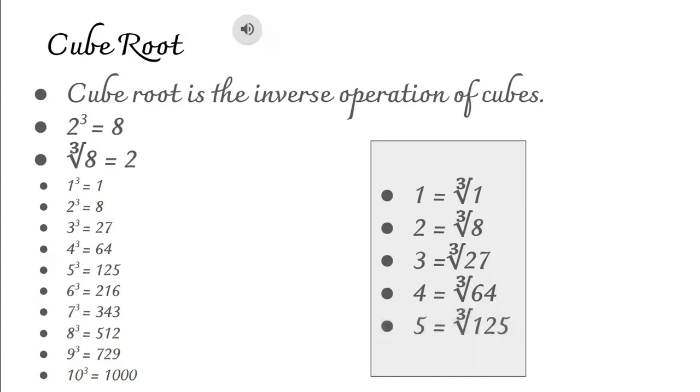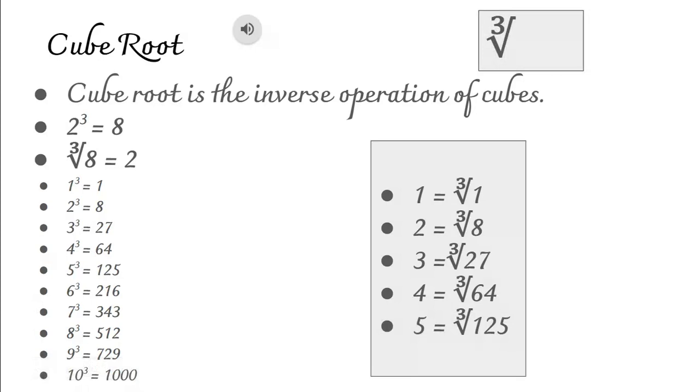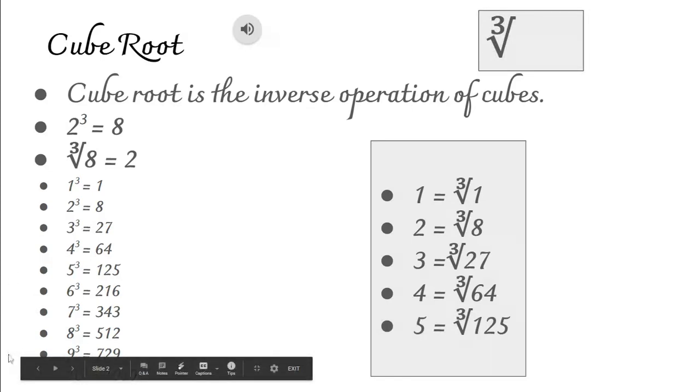And this symbol is called cube root, and it is read as cube root. The 3 will come outside the root sign. Inside the cube, whatever the number may be, it will come 3 times. That is why outside it is written 3, meaning cube root. Inside the cube, how many numbers should be there? 3 numbers, meaning the same number multiplied 3 times. That is called the cube root. Clear? Okay.